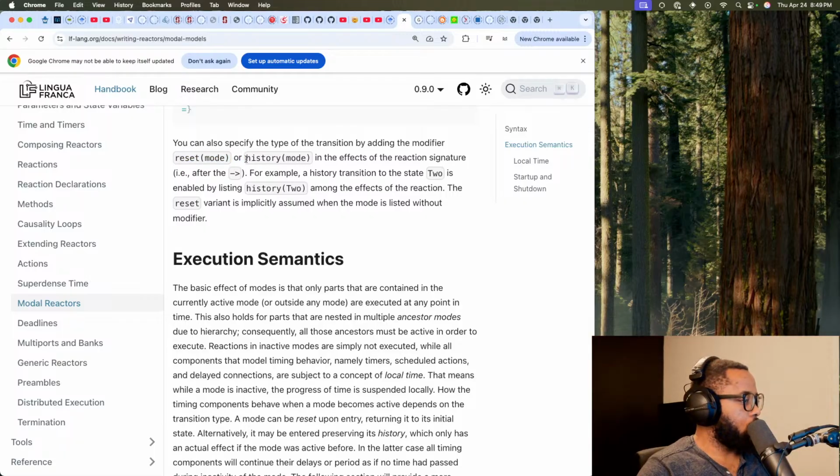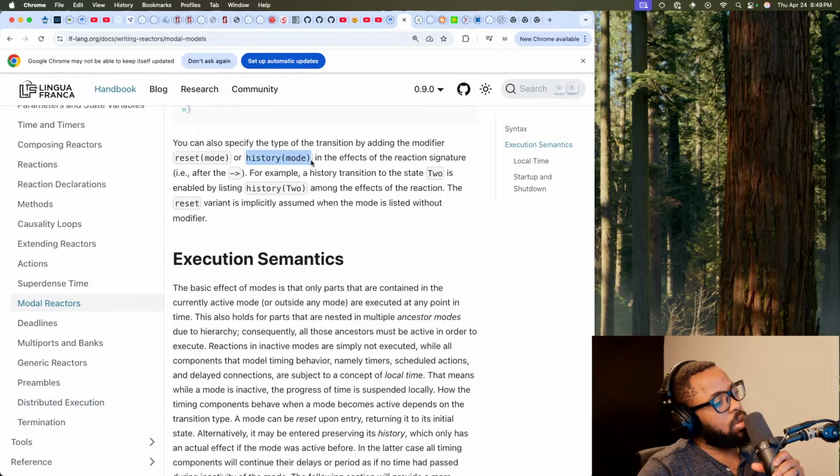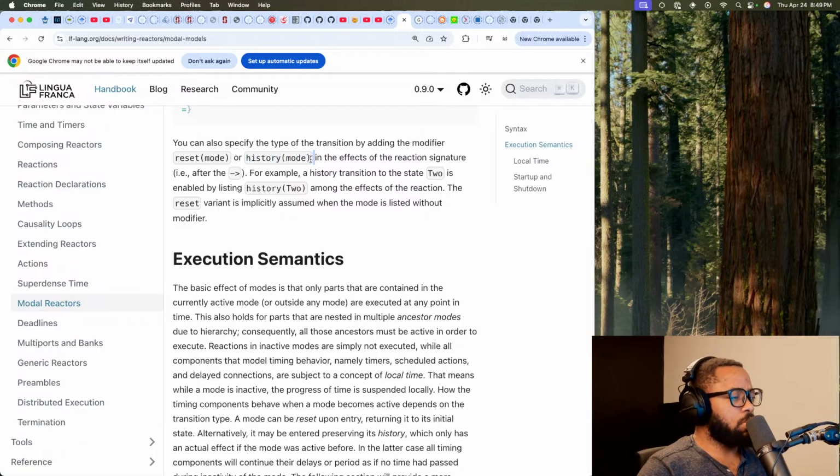And history is you just pick up from where you left off within the mode. Or maybe it's not even just within the mode, it's the whole reactor that you're resetting if you do this. And if you do history, you keep the existing state and just keep moving forward with it. That's my guess.